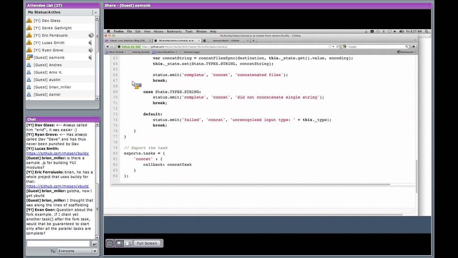I don't know. Seems like the only case for that would be if during the execution of a task it needs to fork off to another task. It would probably want to do that immediately or immediately after or something like that. But yeah, it certainly opens up a lot of possibilities.